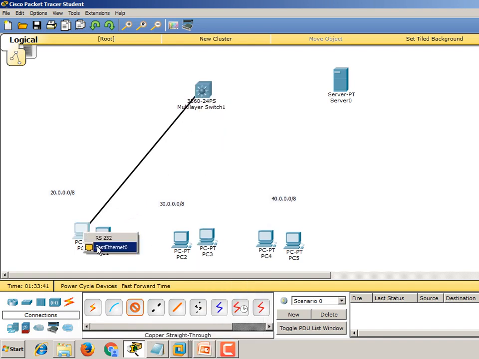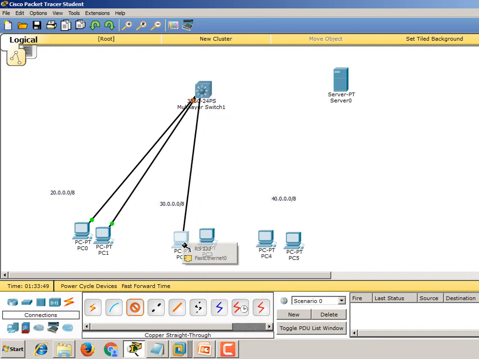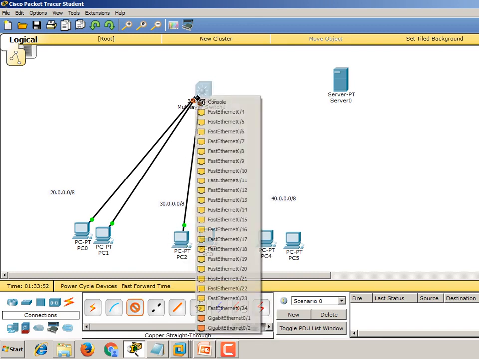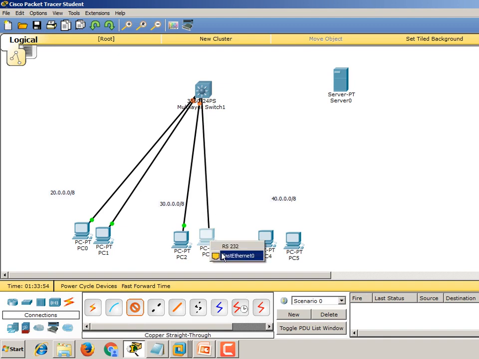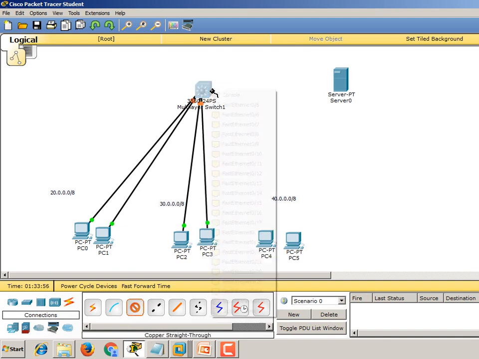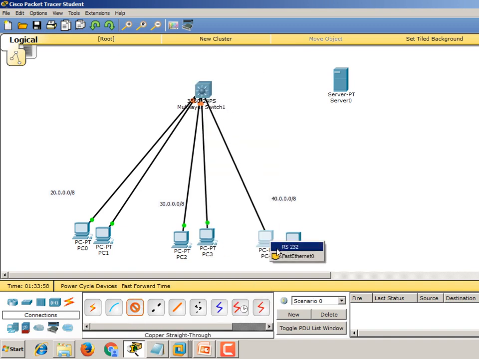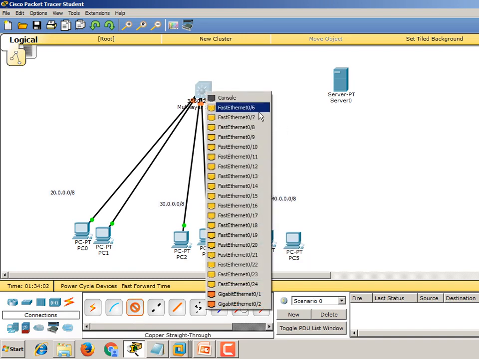F0/1 will be connected to the first PC, F0/2 the second PC, F0/3 the third, F0/4 the fourth PC, 5 and 6.